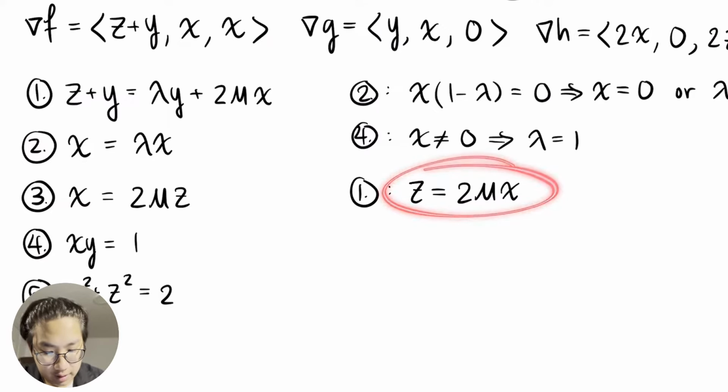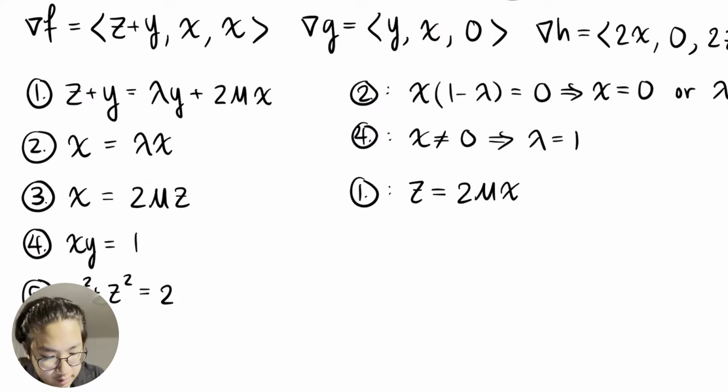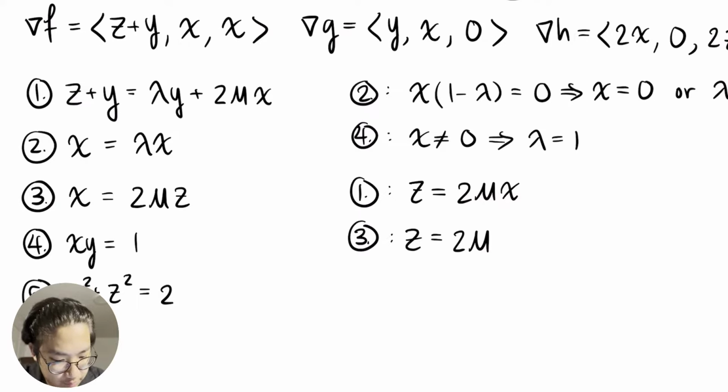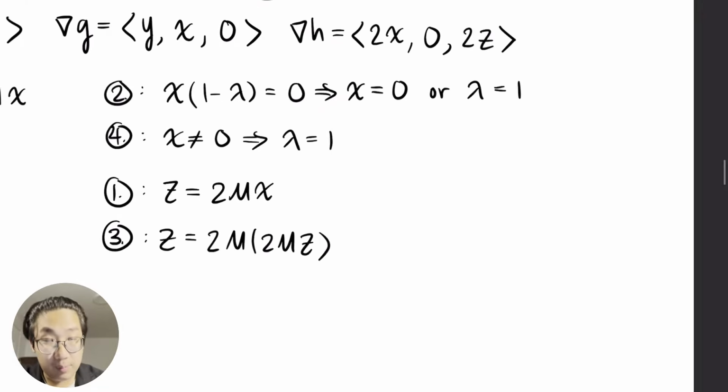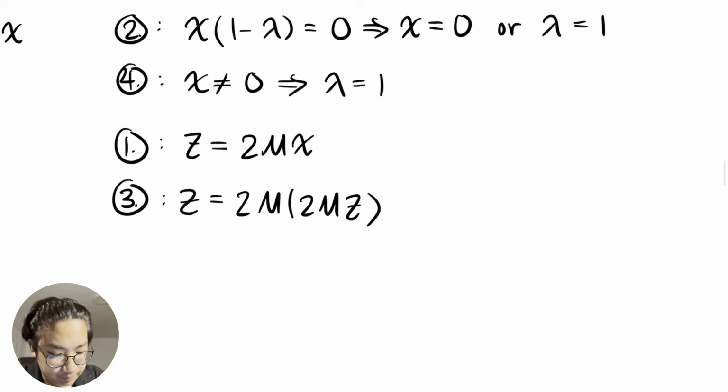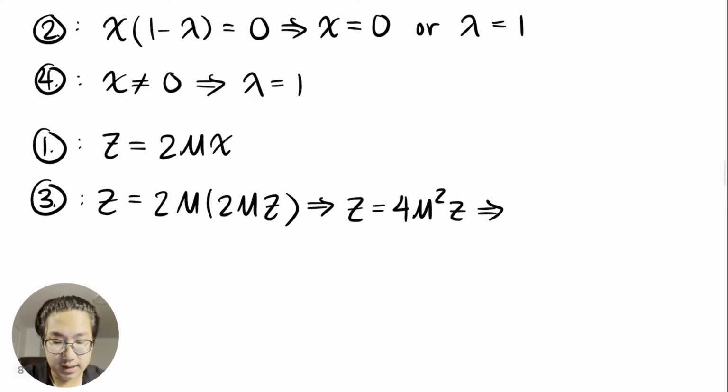Using this equality now, in conjunction with number 3, we can then solve for the following. So we have z is equal to 2 mu, and then x we're just going to replace with 2 mu z. And then from here we can do some further manipulation. We can first expand this. So we get z is equal to 4 mu squared z. And then we can move everything to one side. So we then get z times 1 minus 4 mu squared